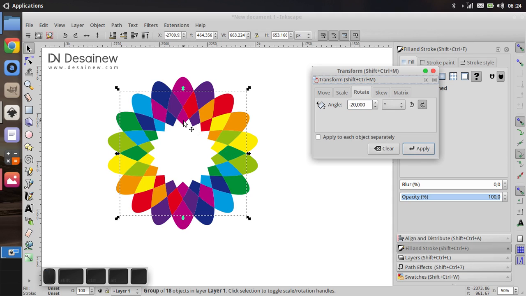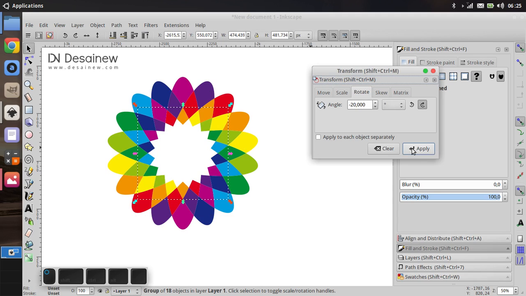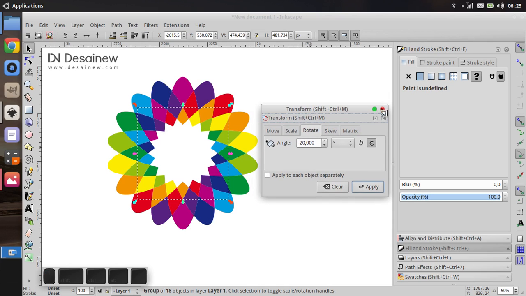And for the intersection, click Apply 3 times, 1 2 3, and you can close the Transform window.